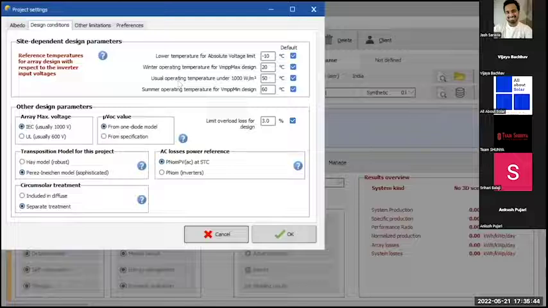So we have to consider the temperature accordingly. In a solar plant, we have to consider two main temperature parameters. One is the lowest temperature for that particular location, the minimum temperature, and the other is the highest temperature for that particular location. To get these details, what we can do,